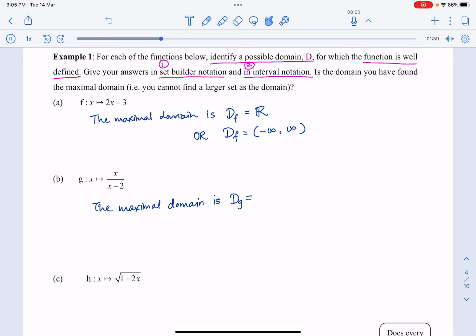Is equal to, in set builder notation, the set of x such that x is an element of all real numbers but x cannot be equal to 0. Why is this so? Because